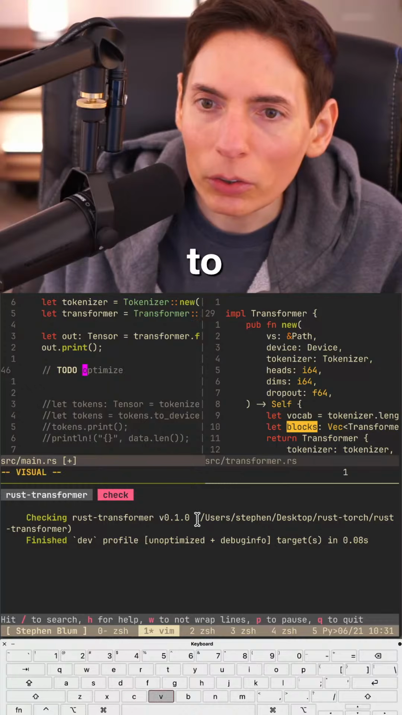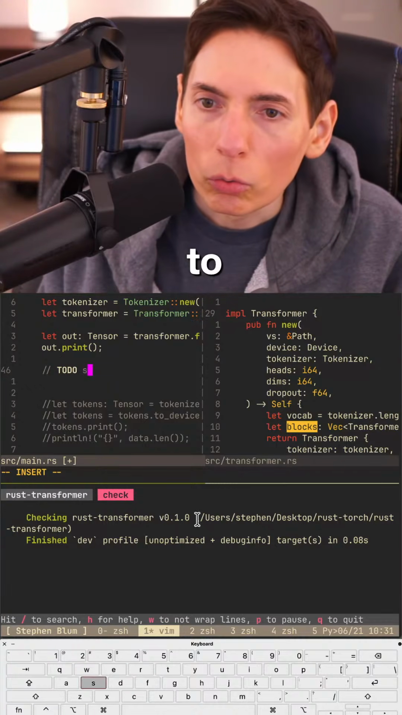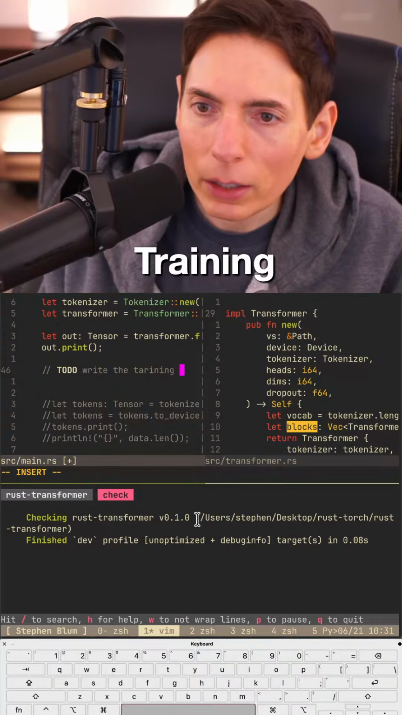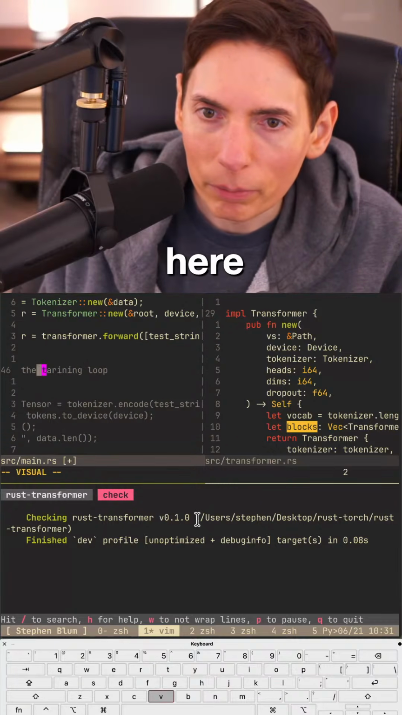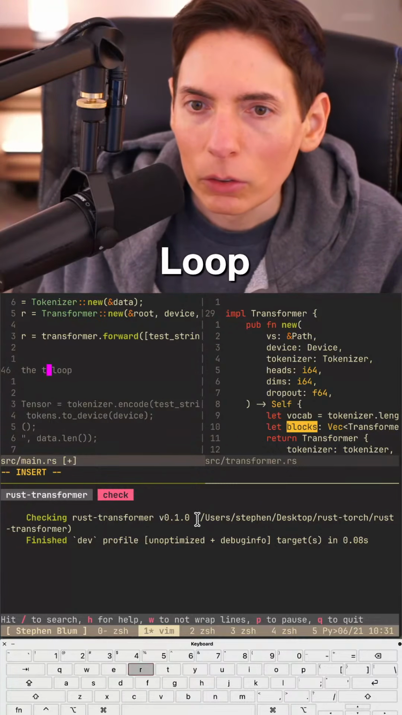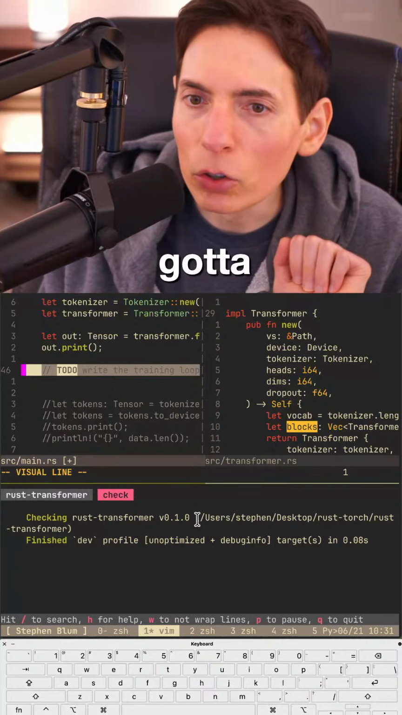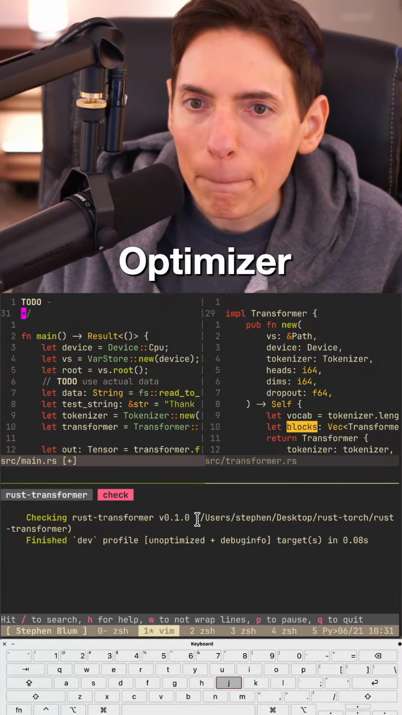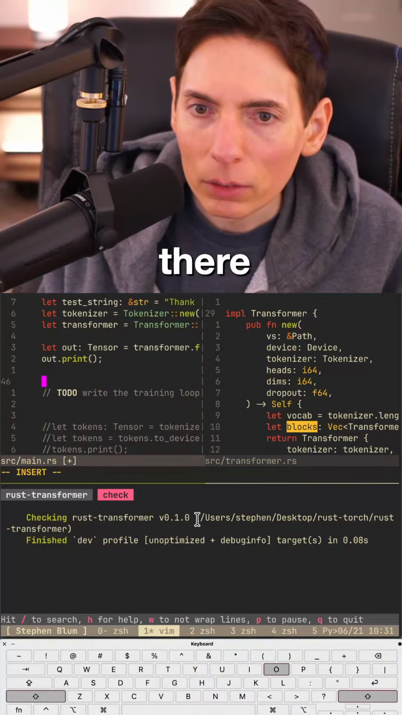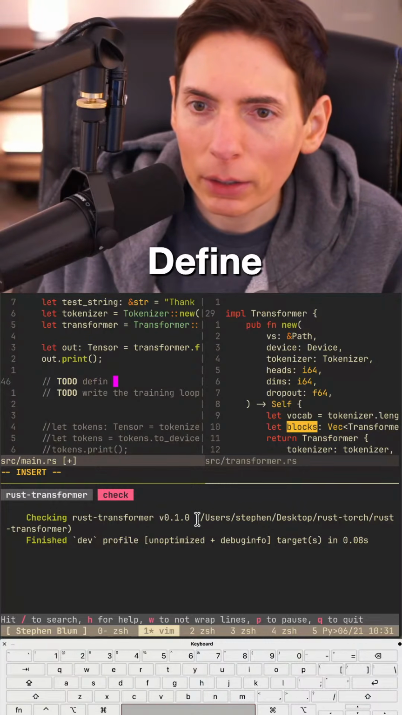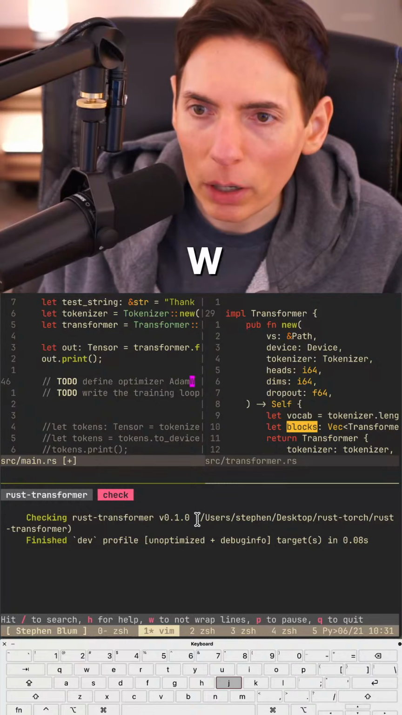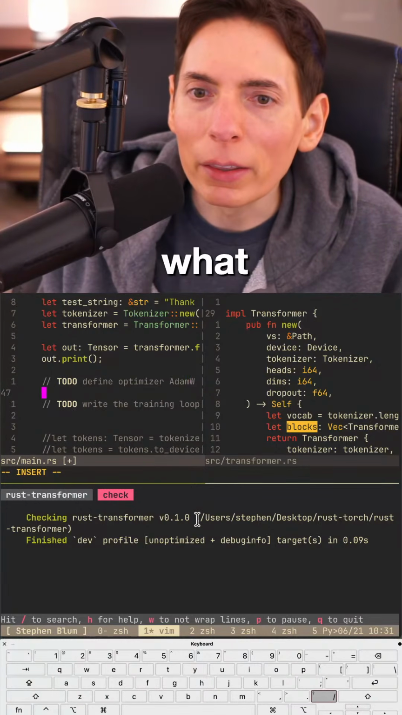To do, we need to write the training loop. That's what we got here. The training loop. All right, we got to do that. We got to write the training loop. Do we define an optimizer? We got to get an optimizer in there. To do, define optimizer. Probably like AdamW, maybe. I don't know, right? Maybe. And then our criterion,